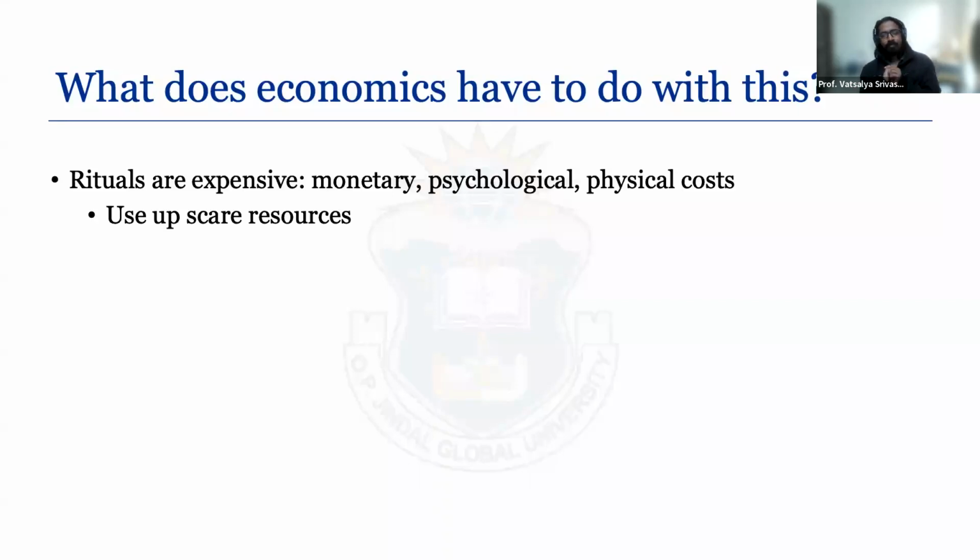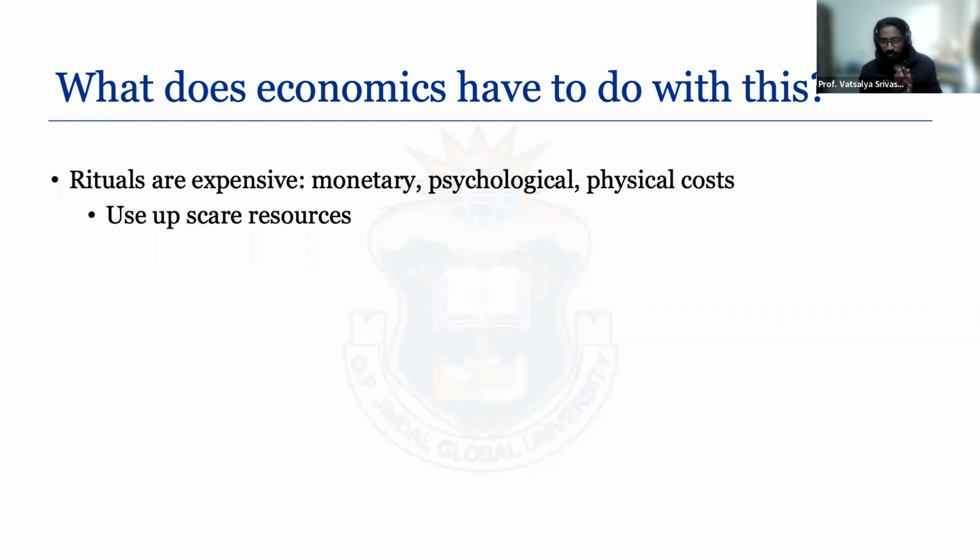So here's the problem. All of these things, the Kumbh, even confessions, self-flagellation, obviously, these are all rituals, but they're expensive. They're expensive in a monetary way. With the Kumbh, there's a lot of money that you have to spend to go there, live there, and so on. They can have a psychological cost when you're confessing to someone about something that is not very pleasant. Of course, you're not in a very good frame of mind. And in the case of self-flagellation, of course, there are direct physical costs,